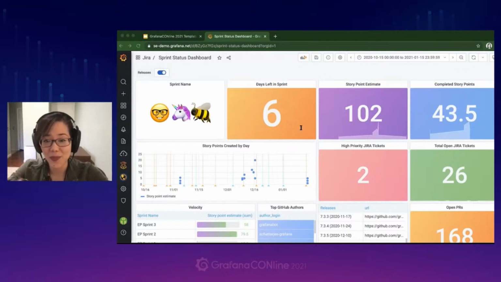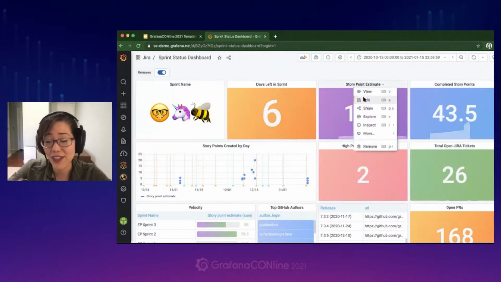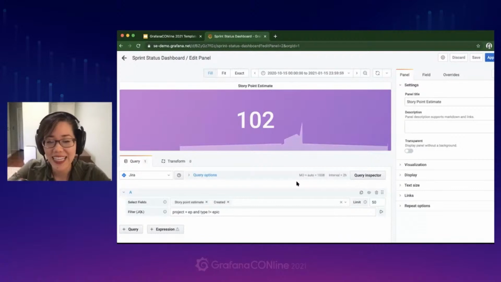Here we have a dashboard showing your sprint status that you can easily view to see the status of your sprints and understand the velocity at which your engineers are completing story points and how accurate your team is at estimating story points, so you can fine tune how you plan for future development cycles. If I go into one of these panels, just to show you what the query editor looks like,